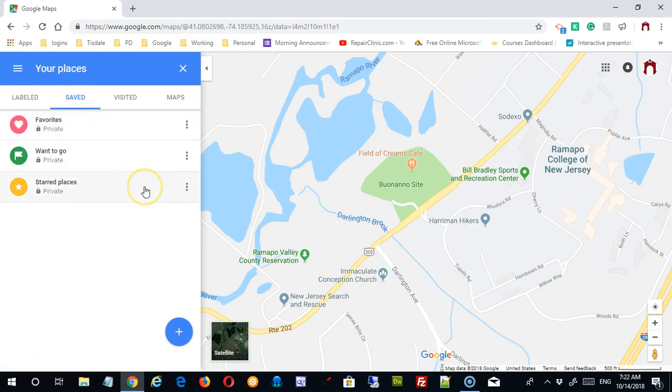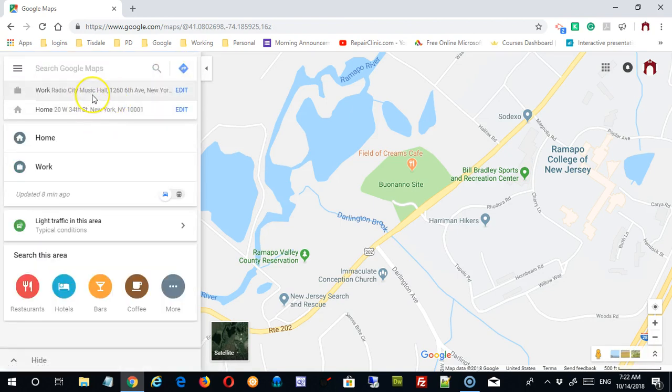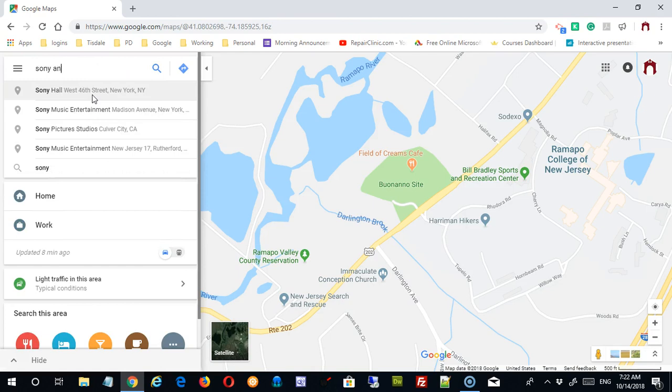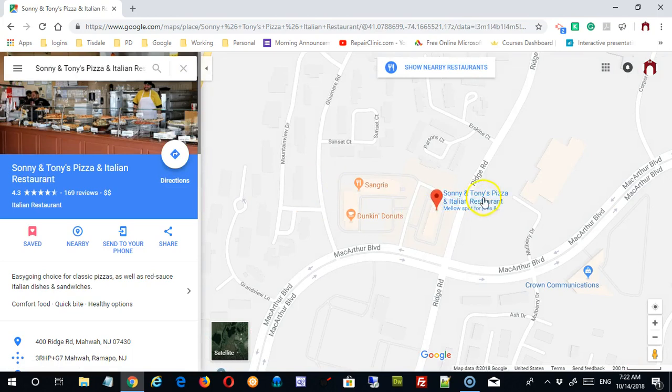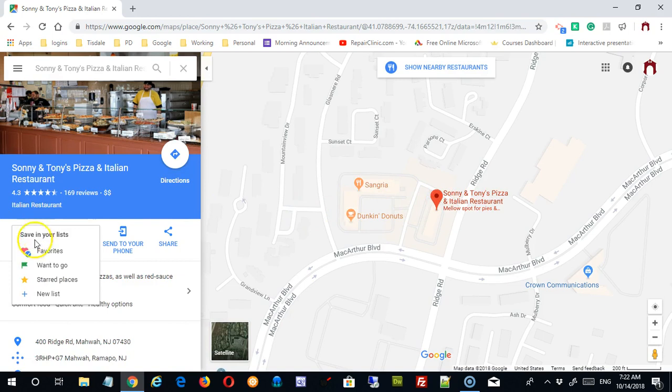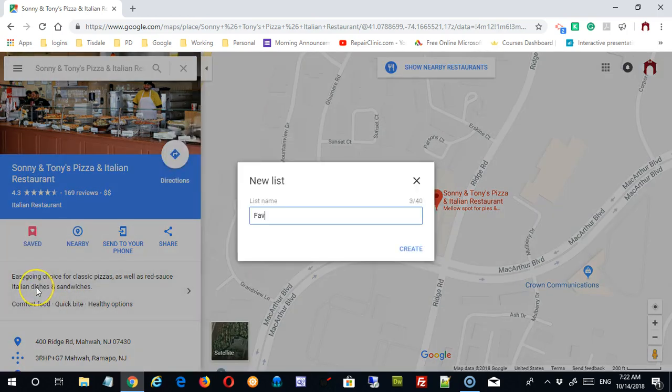Now, if you do find something that you want to bookmark, but these kind of don't do it for you, you want to create your own list, let's do that again. So let's come in here and I'm going to search for Sunny and Tony's again. Okay, and I found that on the map, and I click it, and now I want to save it. You can see whenever you do create a list, you have this option to create a new list over here. It's showing a check, so it's showing me that it's already in my favorites, but I want it on a new list. I want it on